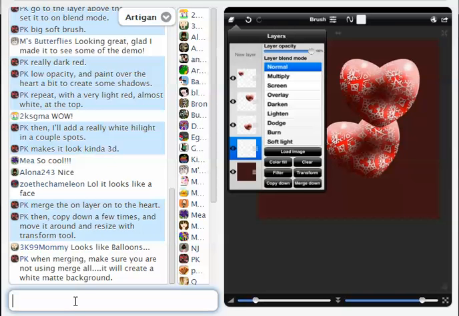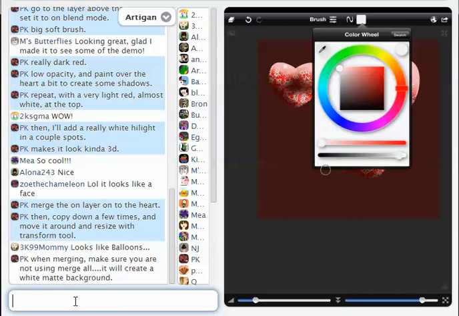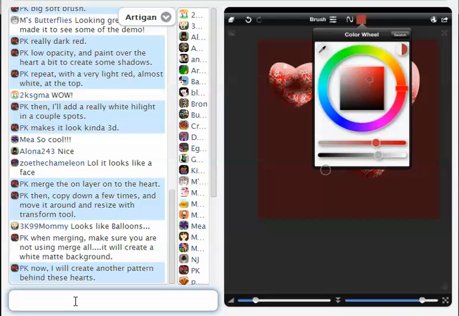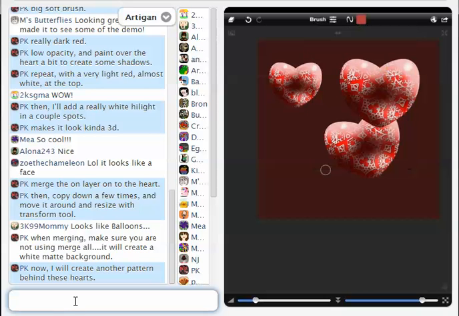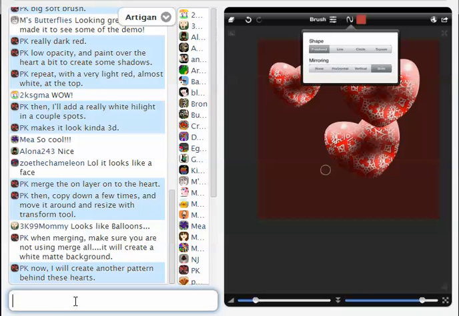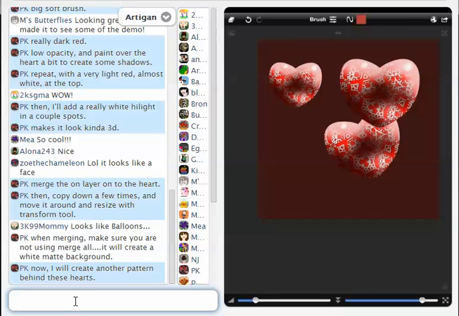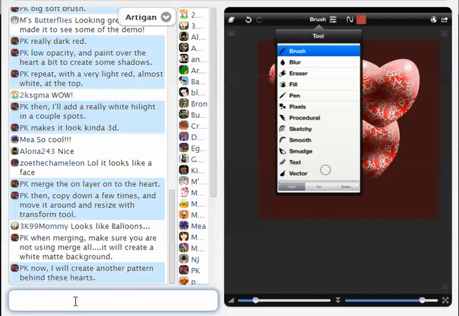And down here I'm going to take another layer and stick it above the background. And I want to actually create a pattern that's behind these guys. So in order to do that, I'm going to work on this layer that's above the background. And since we're working in red mode, I'll make it like a somewhat lighter red. We'll put our mirroring back on. This time, let's use the